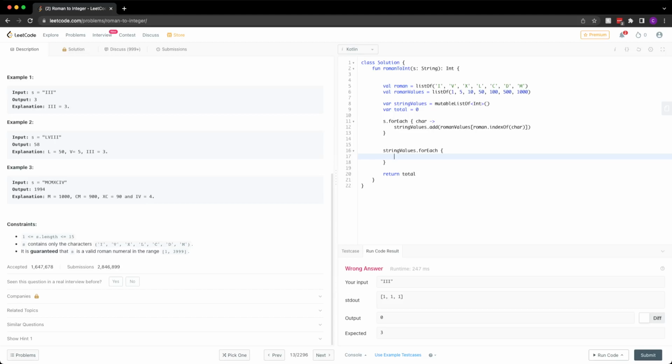If the current value is greater than or equal to the next value, we just want to add it. If it is less than the next value, we subtract it from the next value and add it to the total.